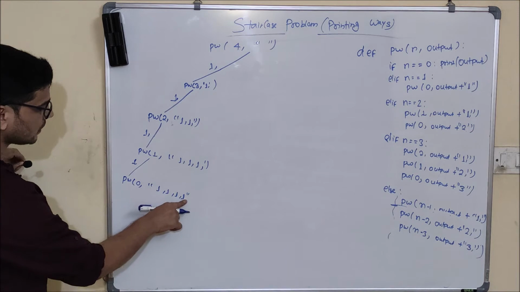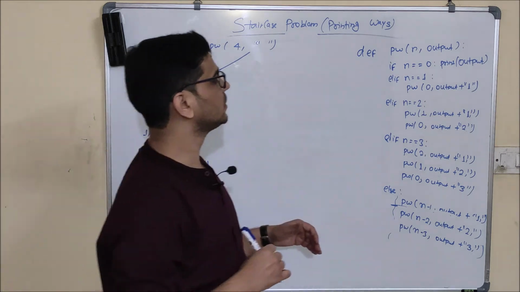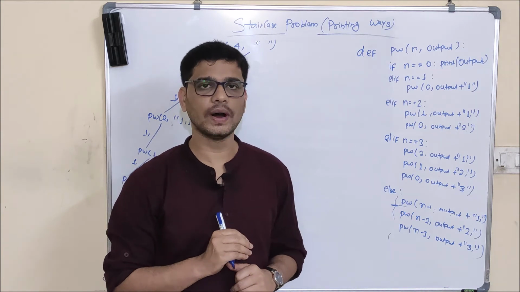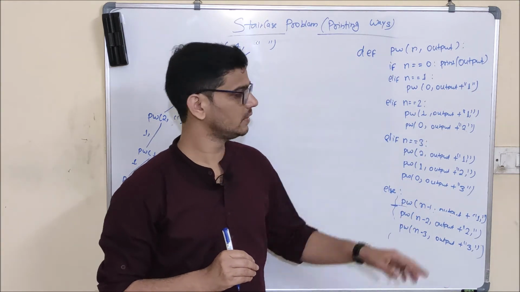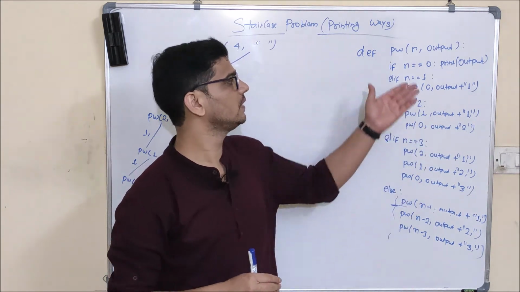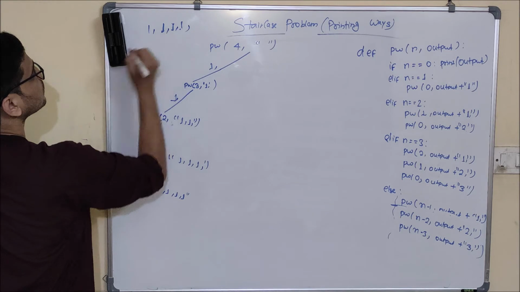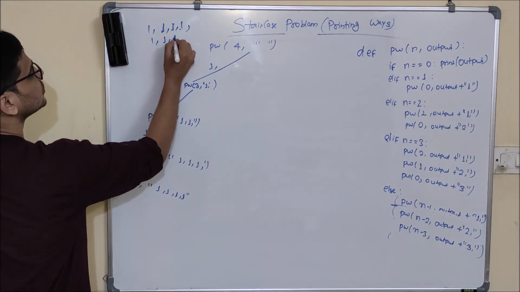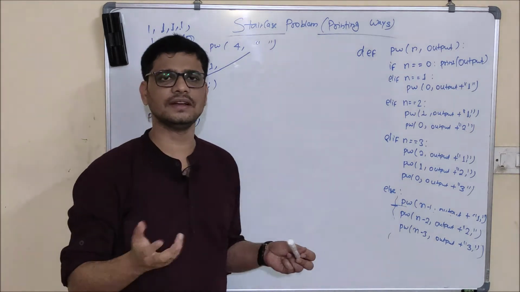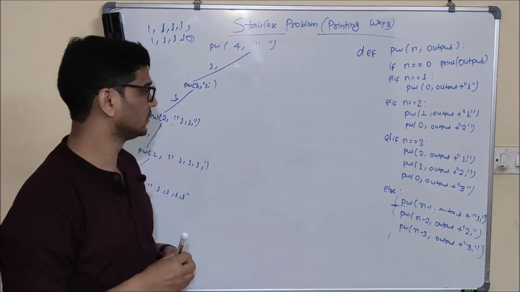Okay, as you can see here, I am not appending a comma here. So you may be thinking that at some places I am appending a comma, and at some places I am not. Why? Because whenever I am taking the last step, that is when n is equal to 0 will be remaining, then in the next step we will print the output, and I don't want to end my output like this. I want to end my output string like 1 comma 1 comma 1 comma 1, not a comma at the last, for interpretability, to have better visibility.